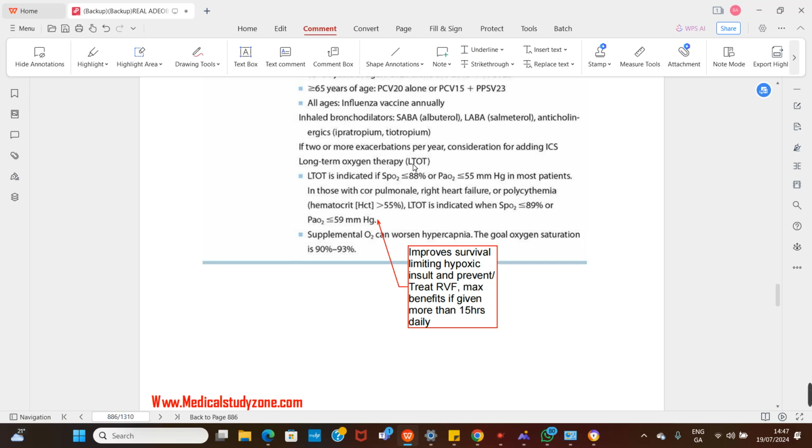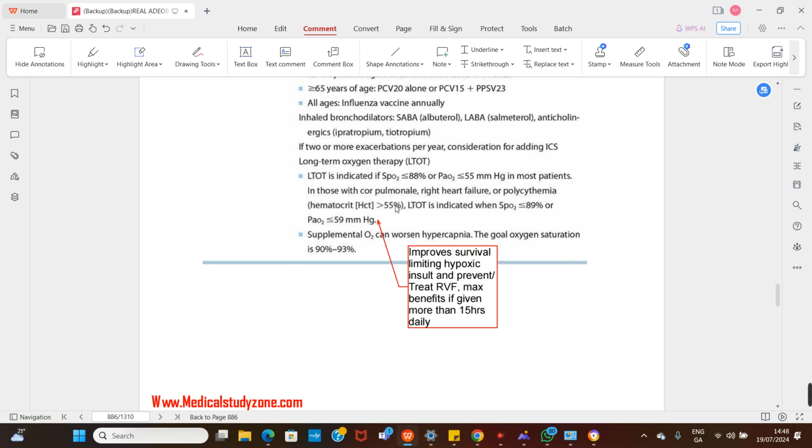That will reduce the chance of them developing cor pulmonale. Oxygen is there, so there's nothing provoking pulmonary vasoconstriction, which can lead to heart failure. So that reduces the incidence of cor pulmonale and they can survive. But anybody that has had cor pulmonale or right heart failure or polycythemia due to the chronic hypoxia,